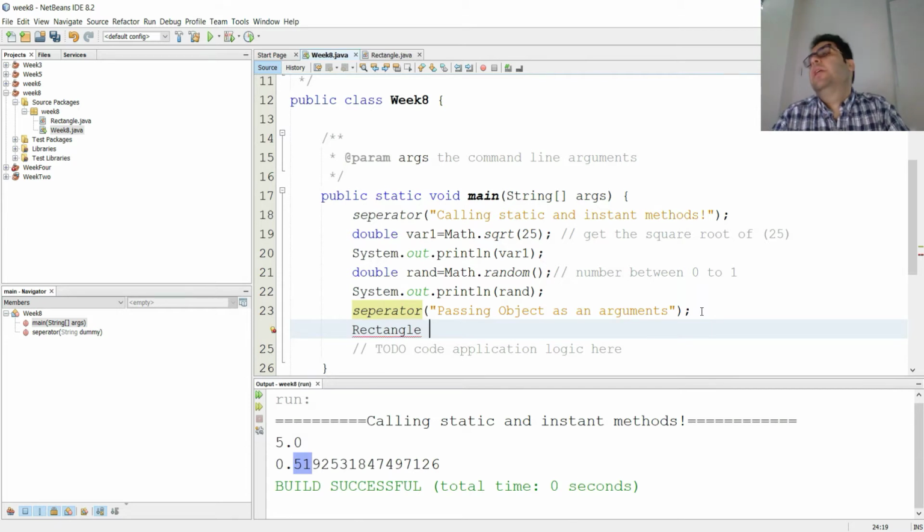Let's call this, what am I going to call this, box, I don't know. And we're going to go new Rectangle. I'm going to call my first constructor. We're going to send 1 and 2 as length and width, and the name of this, let's say bedroom. Bedroom looks like a rectangle to me. It is a rectangle. So here we're creating an object